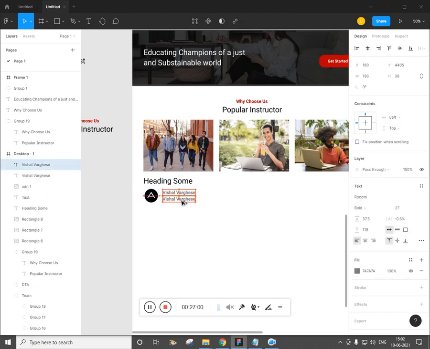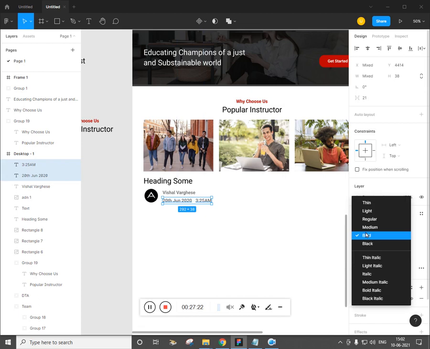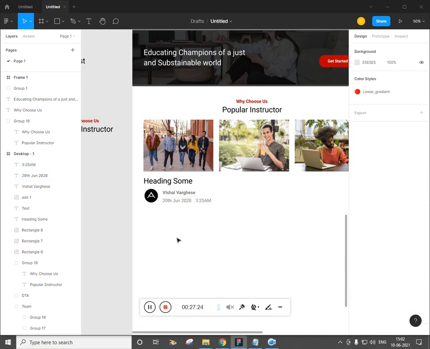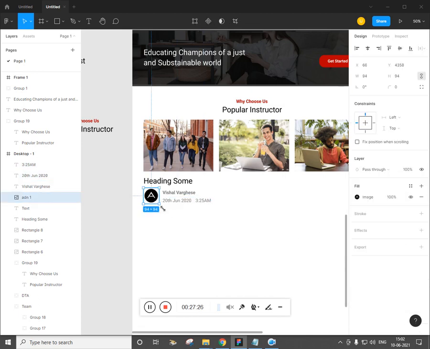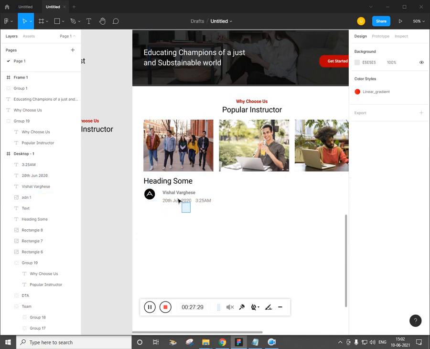Alt drag and you can give the date, 20th June 2020. Alt drag and give the time, 3:25 AM. Select these two and make it regular. Make this smaller. Select these three.